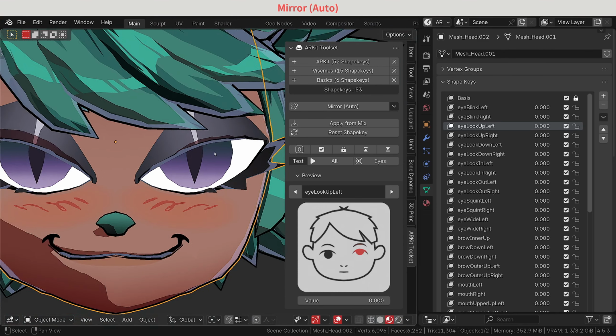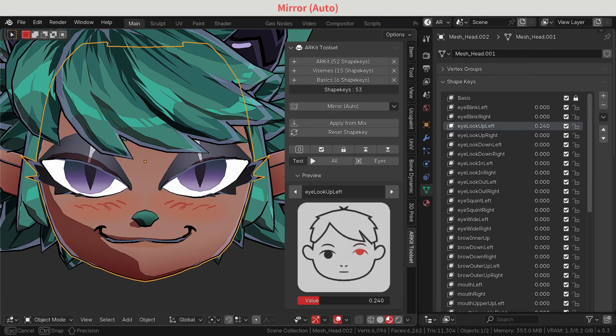Like this. Cool. Okay, now I can test this one. Because we are right now on the left, if I click on Mirror Auto, it will mirror on the right automatically. And now we can go to the right and see it works perfectly.